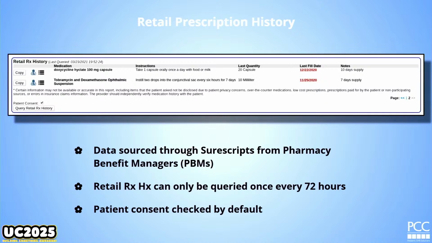The one thing I will say is that this is another demographics match. And it's not based on the insurance, it's in the EHR. And if you've ever seen information that the patient or the family says, I've never taken this in my life, and you believe them, because sometimes we see some nefarious stuff, but usually pediatric patients are pretty well behaved, this could be a mismatch in the SureScripts system. If it's a common name, we've seen some pretty crazy stuff. So please don't be shy. If you've seen some stuff and you feel like the family really believes that's not accurate for the patient, let us know. We will report that.